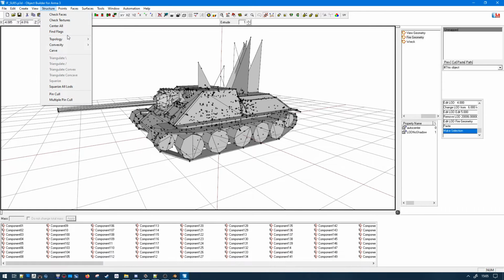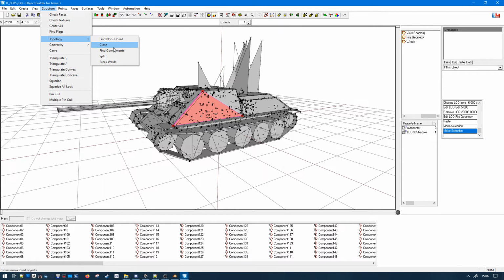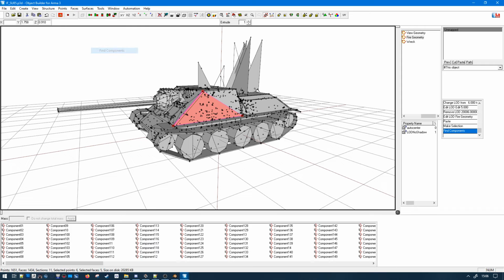So never run the component convex hull in something that is already set up, otherwise you will erase all your RVMat values and you will have to reprocess them one by one. So it's a good way to clean up, but it's not sure that's what you want right now. Always run the find components when you modify your component, add a new one, etc. It's a very fast check. Topology, find components. No danger here.